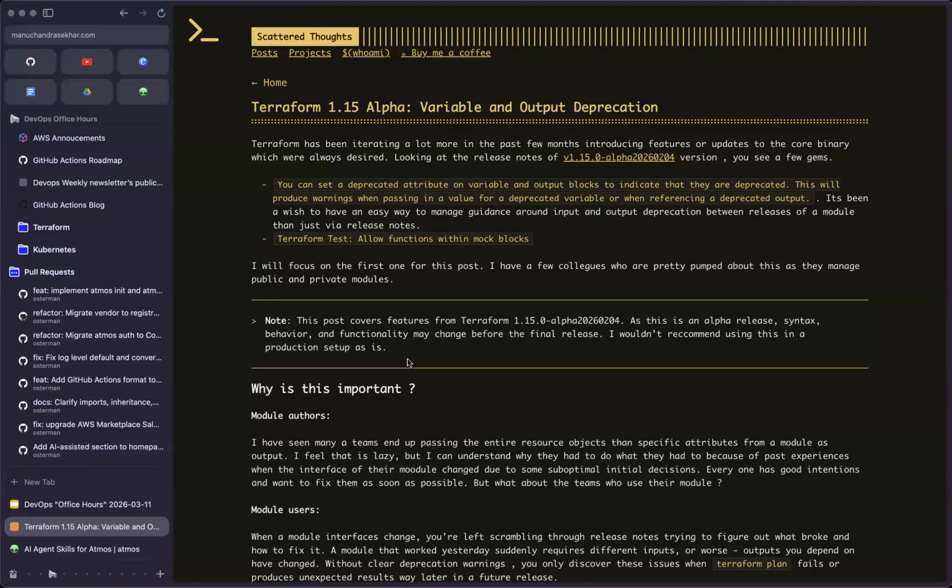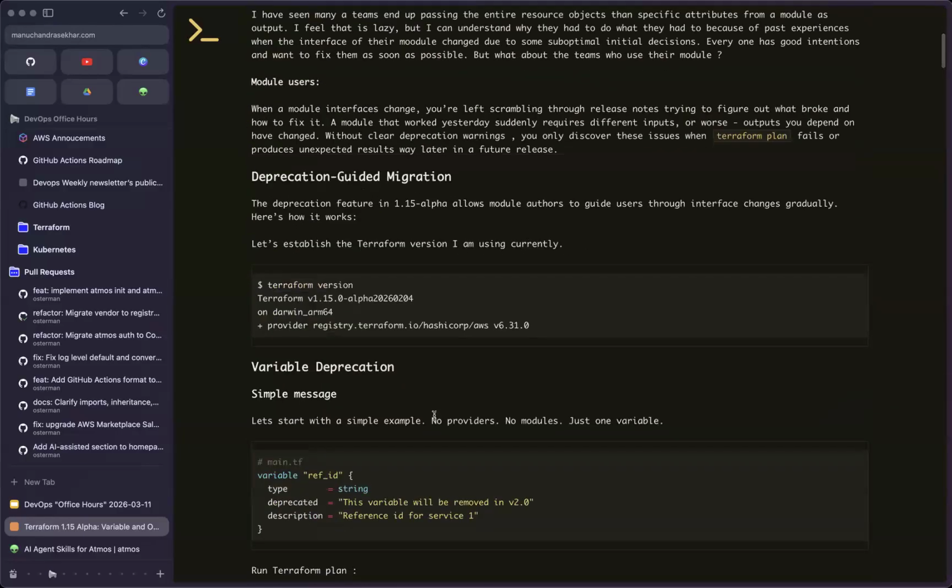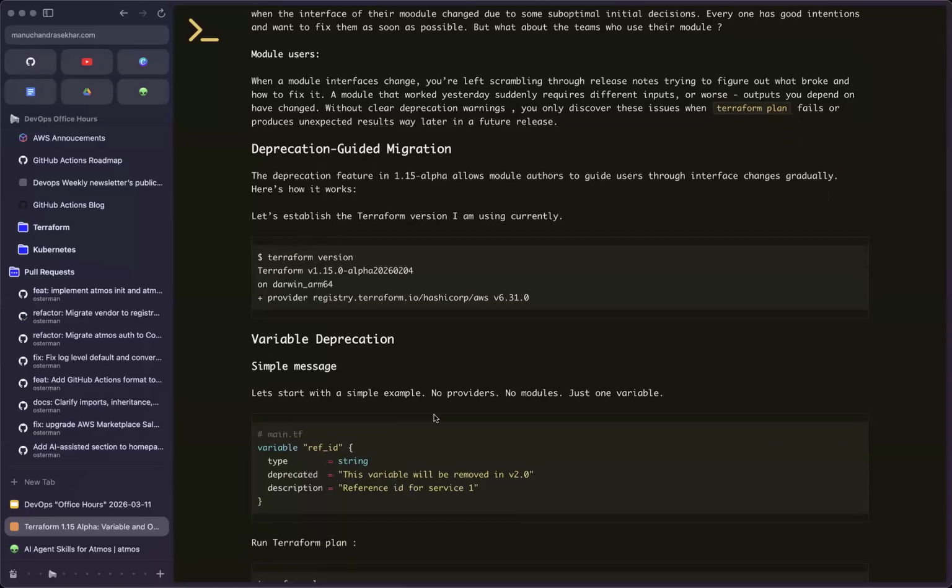But as modules grow and change and evolve, inevitably some variables aren't needed anymore or are refactored maybe into objects or maps. And it would be nice to convey that the other variables are deprecated. That's what's coming now in 1.15. Has anybody taken a closer look at the release notes for 1.15 BSL Terraform?